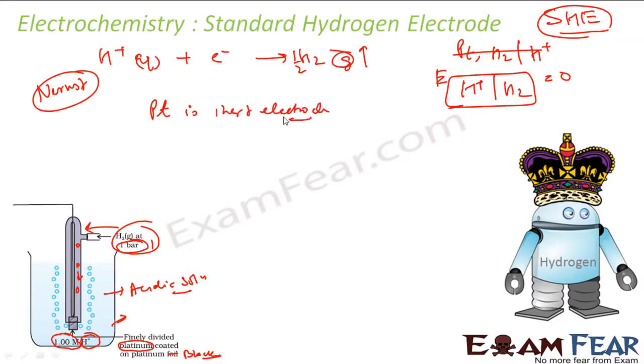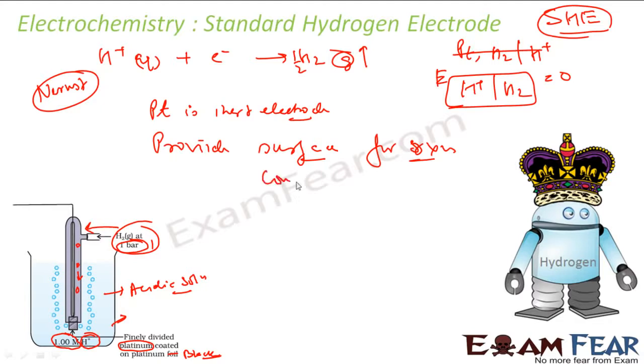Since it is inert, it won't participate in the reaction, but it will provide surface. It will provide surface for oxidation and reduction reaction. It will provide a platform where the reaction can happen,